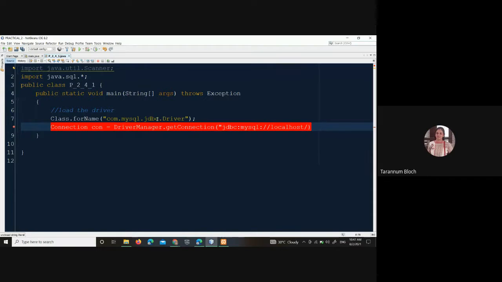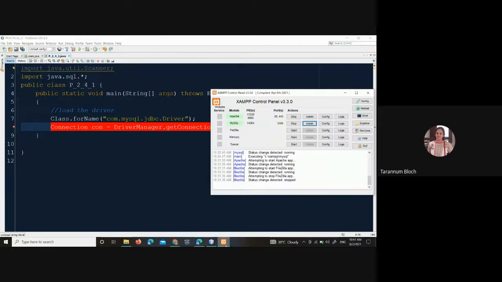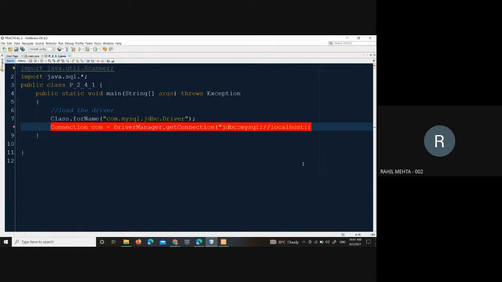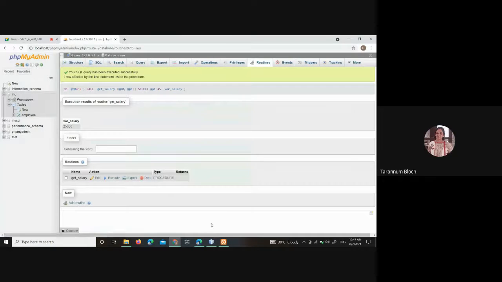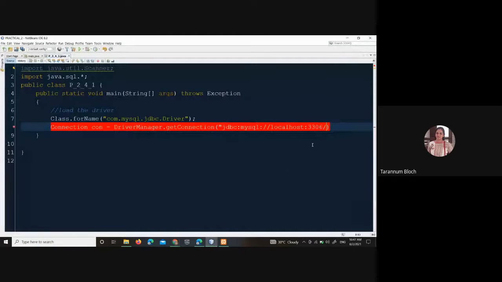Localhost colon port number. You can see the port number in XAMPP. See, MySQL is running on 3306. So write down 3306/mu. Which is your database name? MU is your database. It's case insensitive. You can write capital or small, doesn't matter. Okay, important comma.